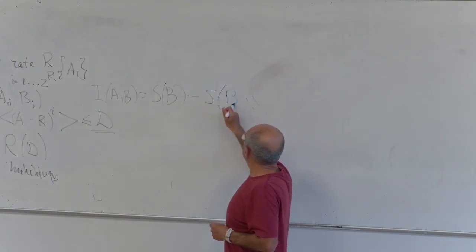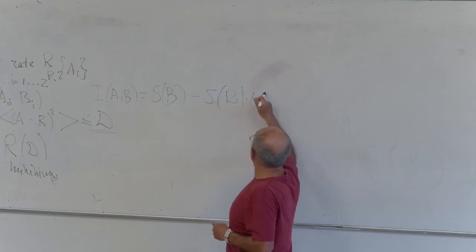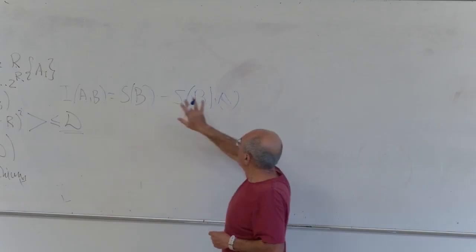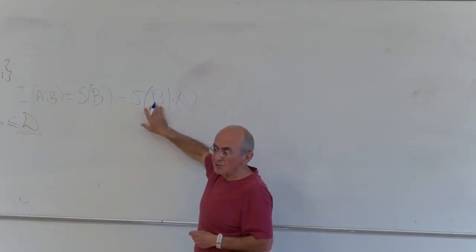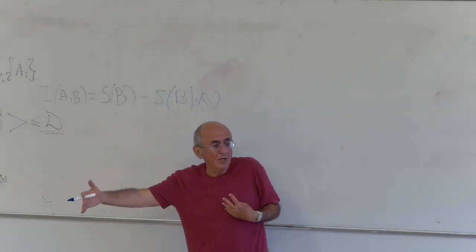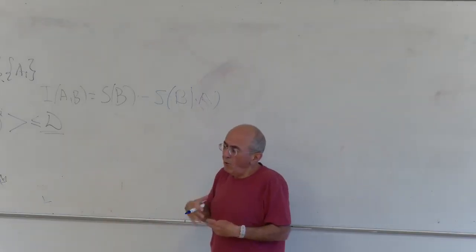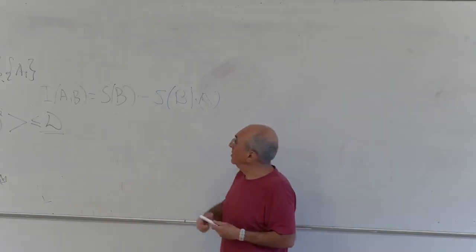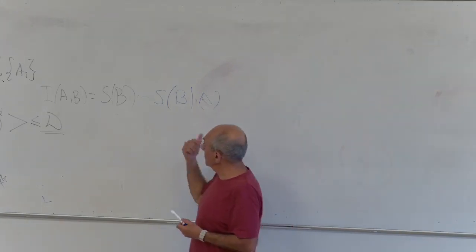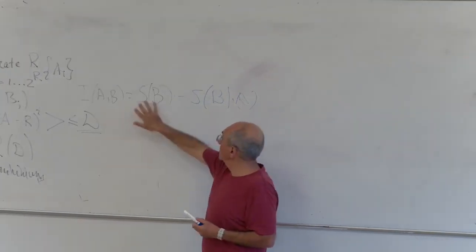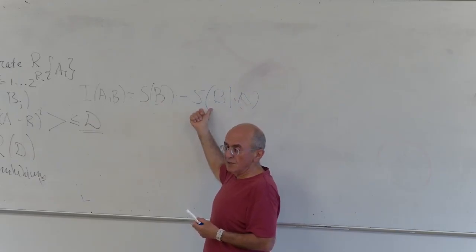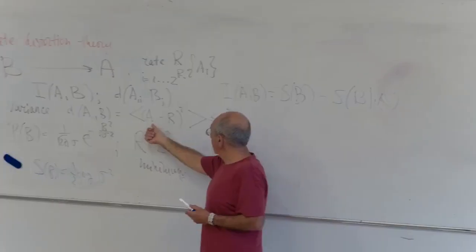Yes, it's a conditional. Namely, this was what we had before we started receiving A. After receiving A, this is the remaining uncertainty. The difference between them is how much information passes through this channel, or how much information is in A about B. So we're now looking for the maximum of it. This is given, which means that we're looking for the maximum of this under a given variance of A minus B.